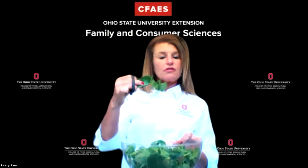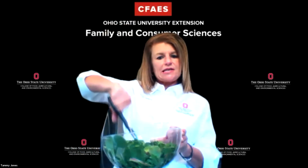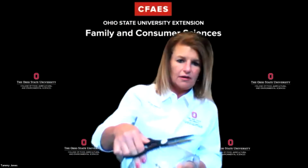Some people like the larger leaf, and that's fine. You wouldn't want to do this, but I like mine kind of chopped. I find it makes a fuller bowl. It's already in bite-sized pieces, and it makes it much easier for me to eat and then add in my mix-ins. So once I do that, I add that into